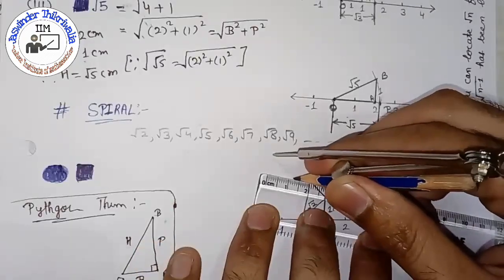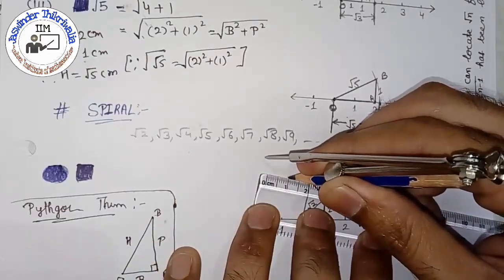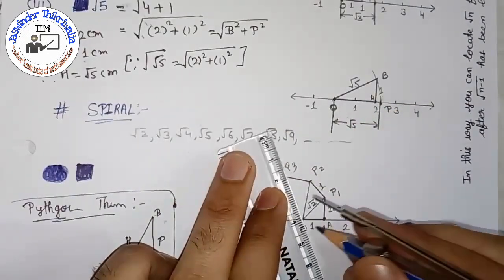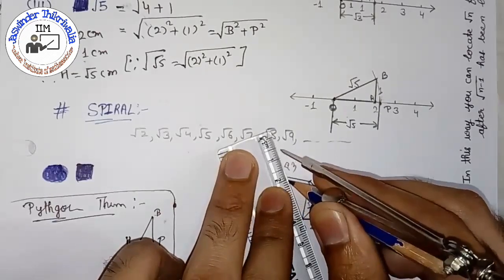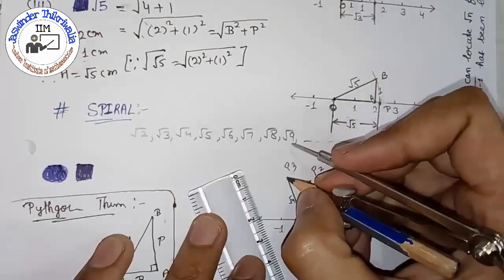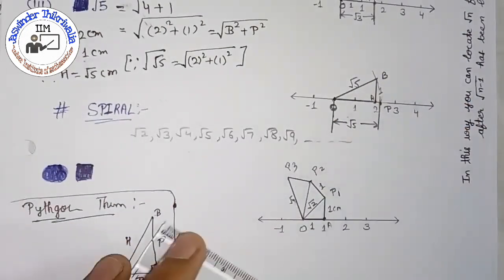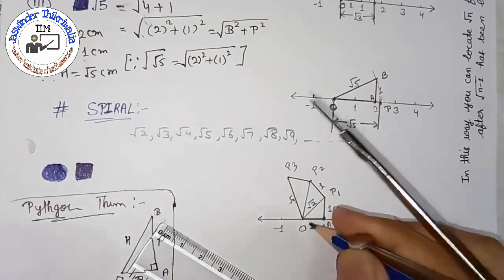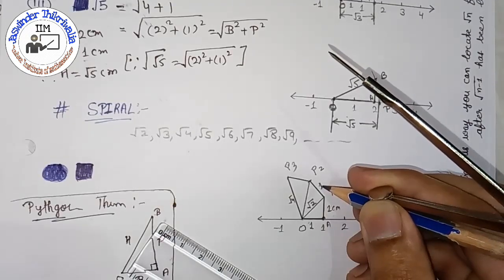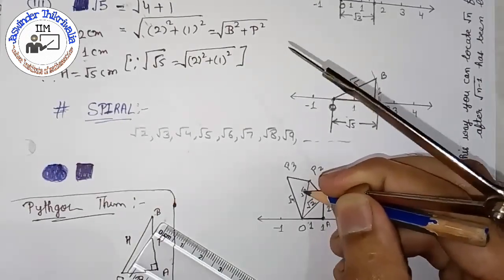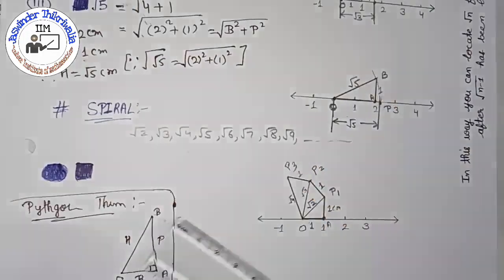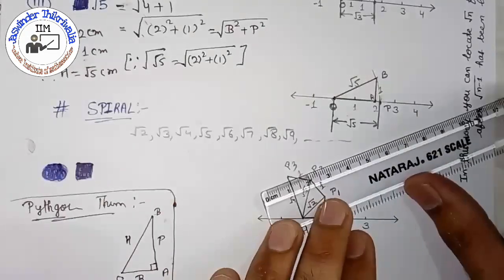This perpendicular you must draw with the set square. Okay, this will give you point P3, and how much will this length be? This length will be under root 4. After that this point was P3. At P3 again draw a perpendicular. See beta, firstly the base was 1 centimeter, perpendicular 1, then base under root 2, then perpendicular 1, then base is under root 3 and perpendicular 1. This base is increasing but the perpendicular is the same. Okay, at P3 also draw a perpendicular.